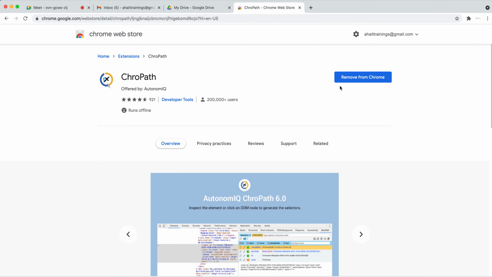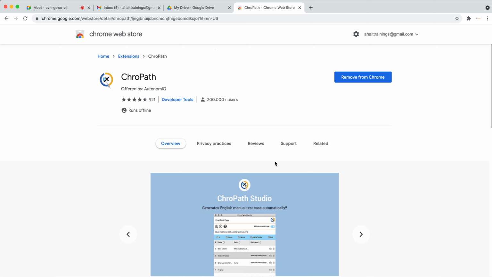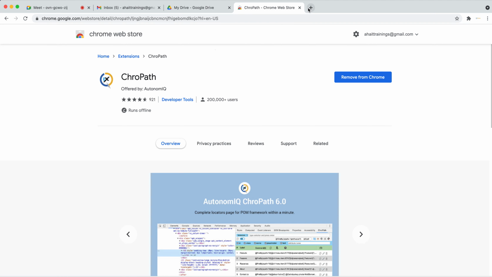As soon as I click on that, it is saying it's already installed in my Chrome. If you want to remove, you can remove. If you don't see this option, that means it will give you an option to install. You can do it now, right away. So once you install the ChroPath,